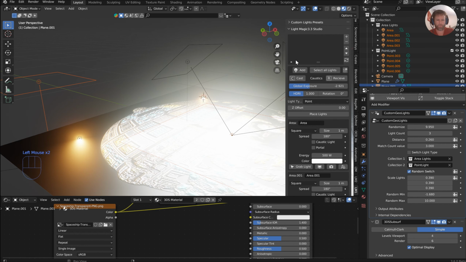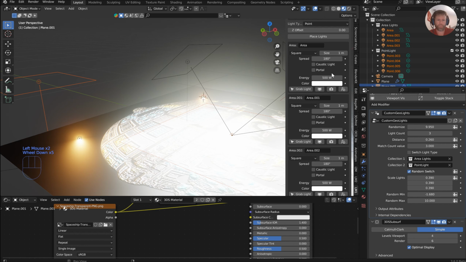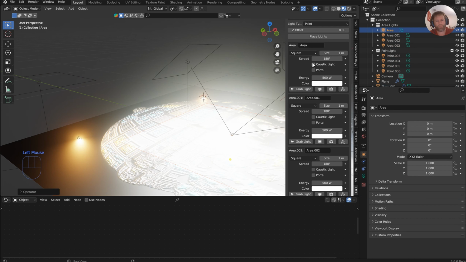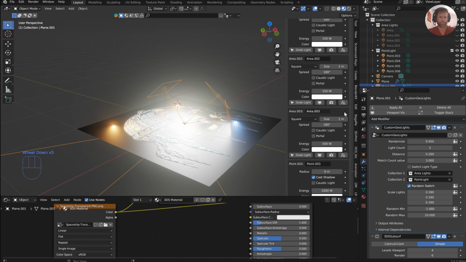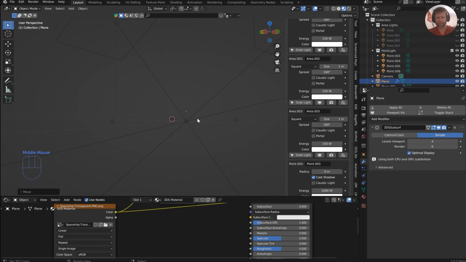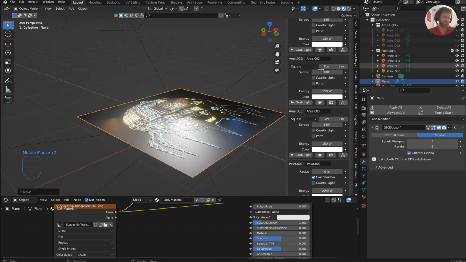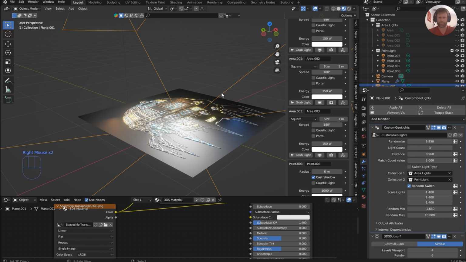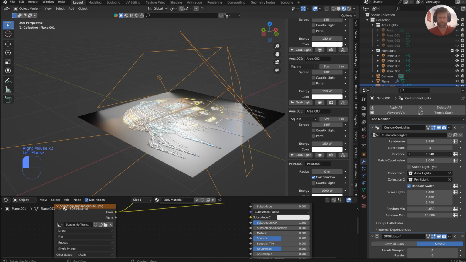I know I'm going long here. It's much longer than I intended. But you can come in here and see the area lights. You can grab them. This is a much better setup than the previous one. I come through here and change all these as I wish. And then I can, of course, make these a little bit bigger, diffuse it, bring the distance out so it's not so bright. That's a little bit better. I still got to work on how it appends in, because those lights were kind of in the way. So if you bring this back down,